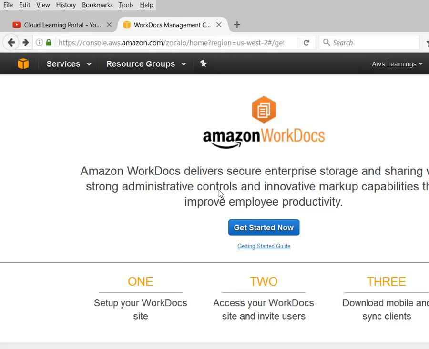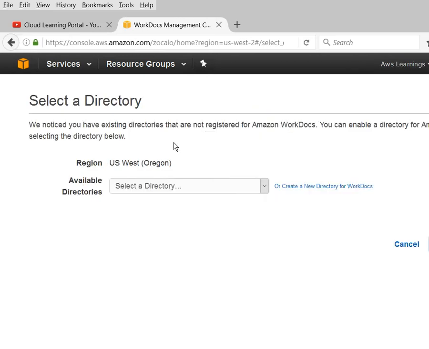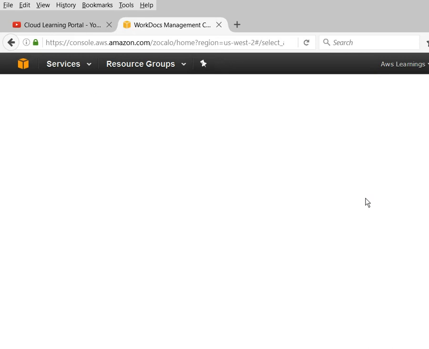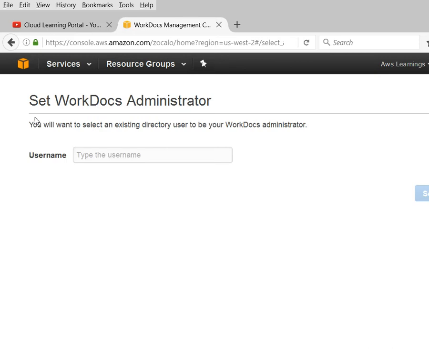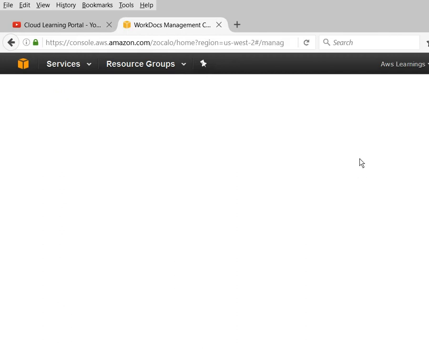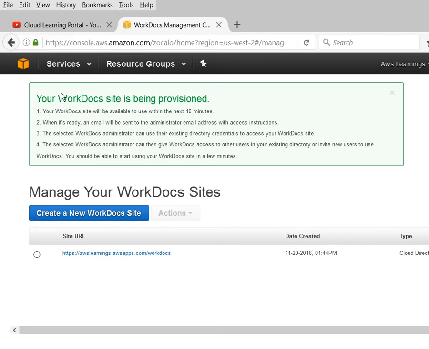In the services, you go to get started. Simply choose your directory and enable it for Workdocs. Quite simple. For the username, there should be a Workdocs administrator. So I want Ravi to be my administrator. So here my user Ravi is set up as an administrator for the Workdocs website, and here is the site URL